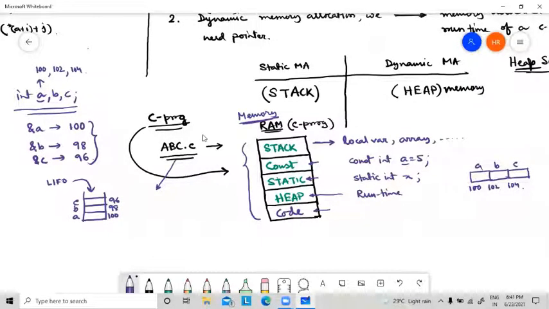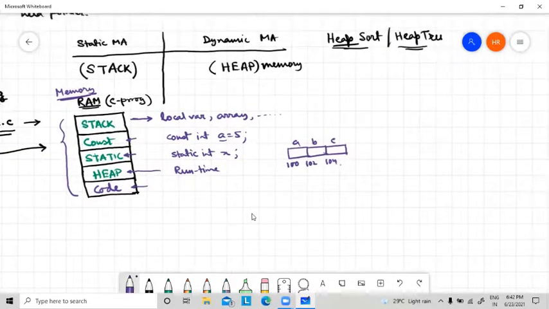If you check the address of a runtime memory, you will see the address range is different. They are not the same. Constant variables will be allocated in this. So this is the total memory allocation picture in case of a C program.